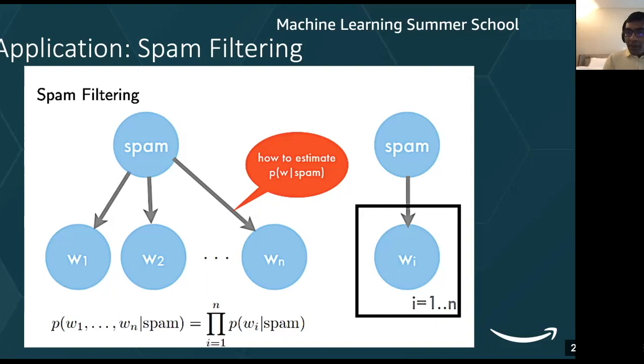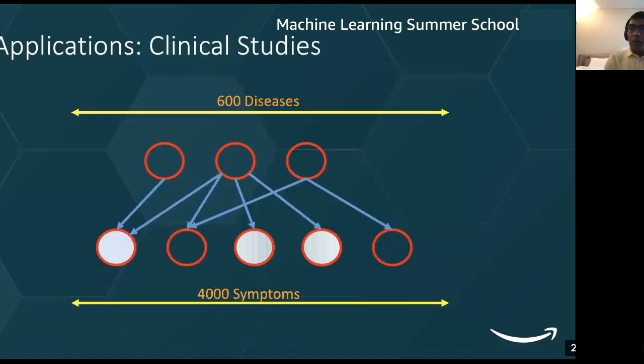In a real world scenario, the words W1 to Wn in a sentence, if you look at, let's say, an email, are unlikely to be independent of each other because there is a certain structure associated with the language. But in many cases, even for real world problems, you make simplifying assumptions like the one we have made here, saying that given spam, the words are independent, to be able to arrive at a feasible probability distribution that can be computed. We do this often to make machine learning and inferencing easier. So moving on,